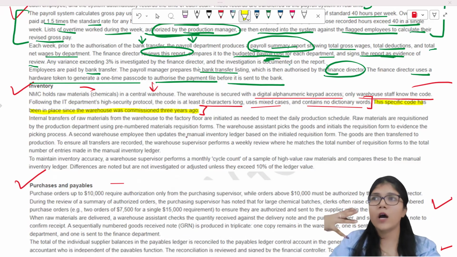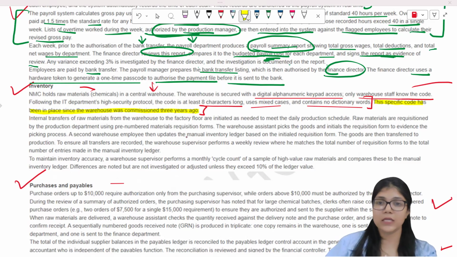You risk inventory getting lost, right? Misappropriation of the raw materials that you have, which can lead to increased cost for the company, because now they would have to purchase even extra material, right? So these are the problems that can arise simply because you're not changing your password every few months, right? So that is your problem. Let's see my answer for this one.